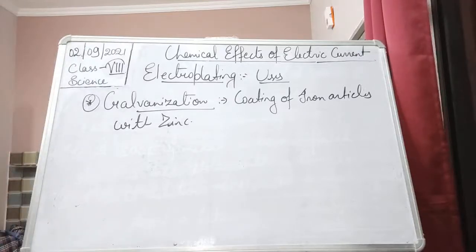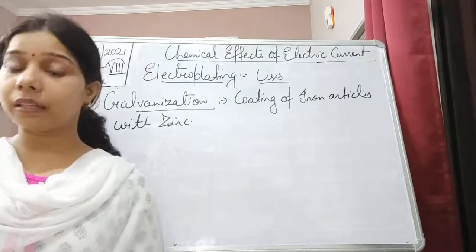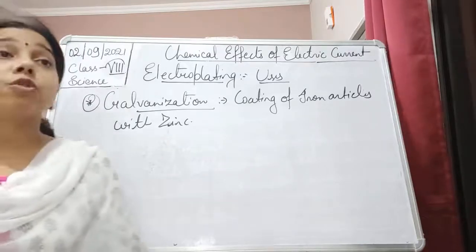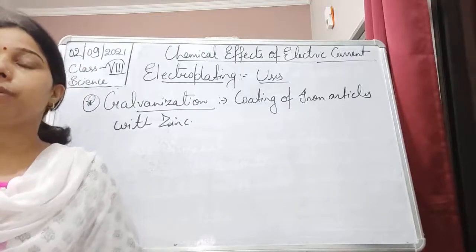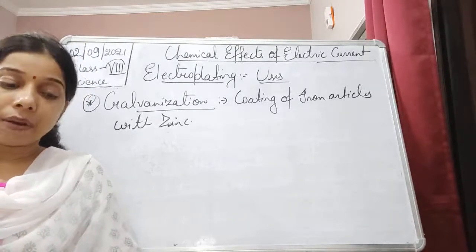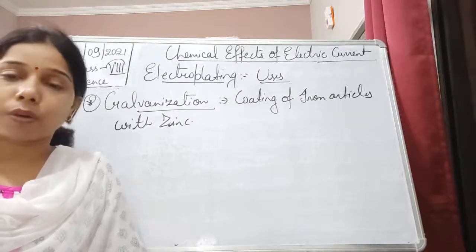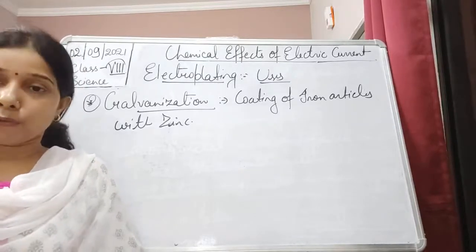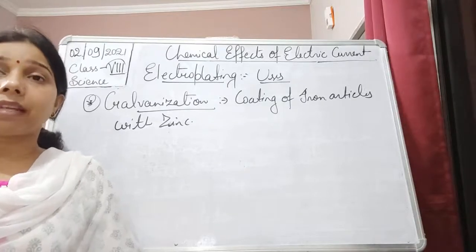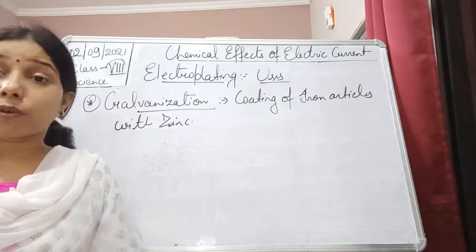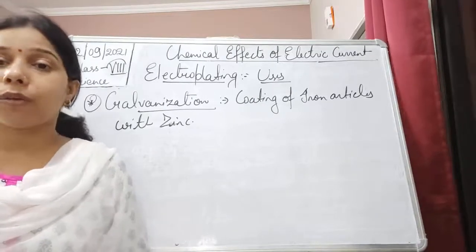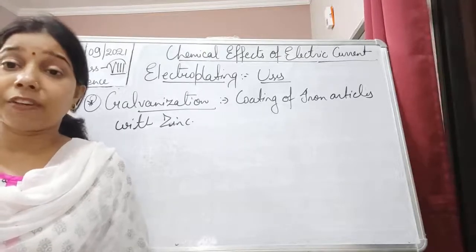Then the next one is jewellers. Even in jewellery, they electroplate silver or gold onto different objects. Students, you have heard this term, that something is electroplated, or looks like gold or silver in appearance. Actually, it is not pure gold or silver. Here it is electroplated: a thin layer of gold or silver covers the object, which may be iron or any other article made up of a different kind of metal.